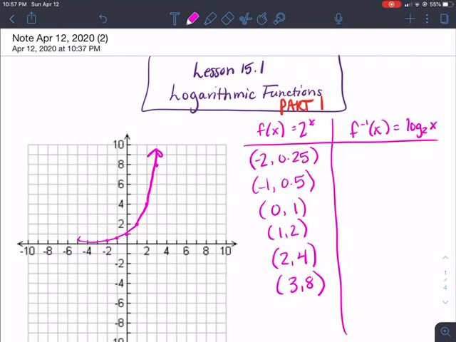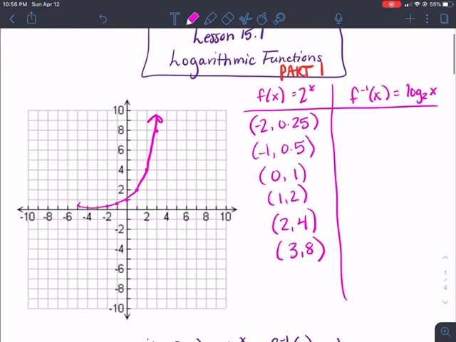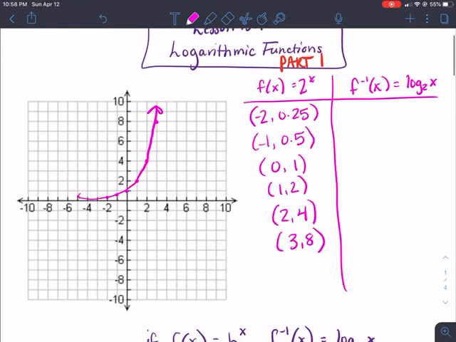Okay, so a logarithmic function is the inverse of an exponential function. So an inverse, you would write an inverse function as f to the negative 1 of x equals the function, okay? So basically what I'm going to do is show you the graph of the log function, which we're just going to take from this graph here. And I've written all the points out. So the points for the logarithmic function is just going to be